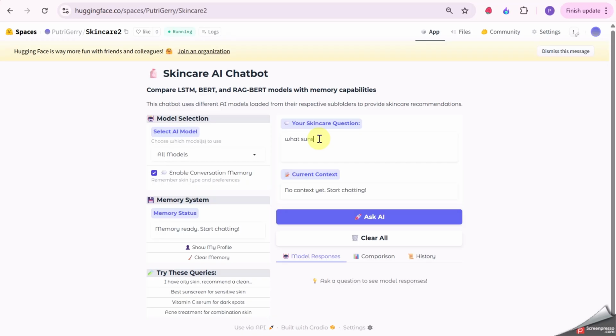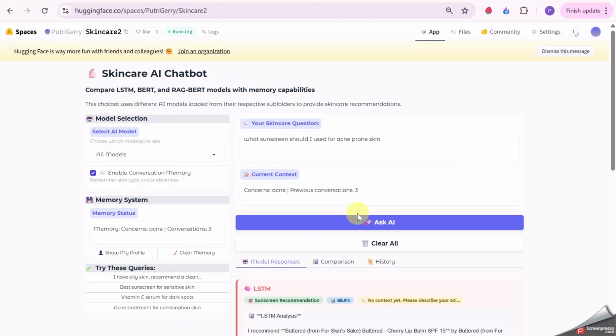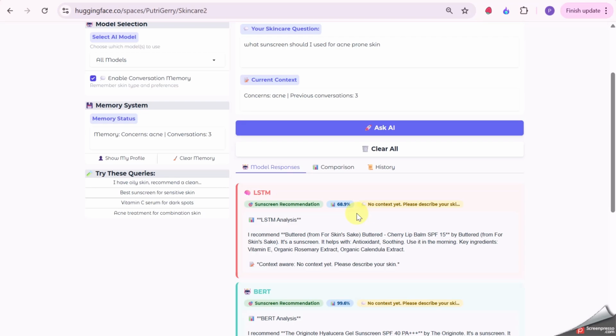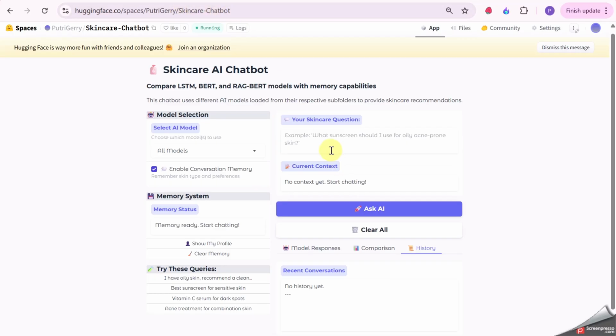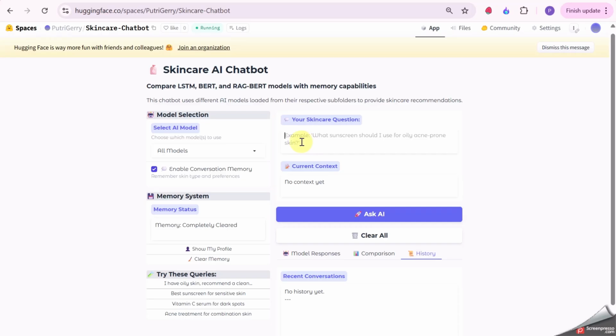What sunscreen should I use for bronze? Previously, on the skincare chatbot, if I asked this question, it would get lower confidence.